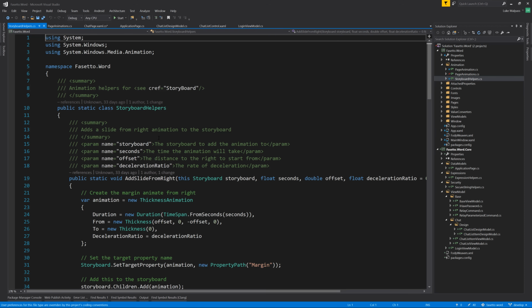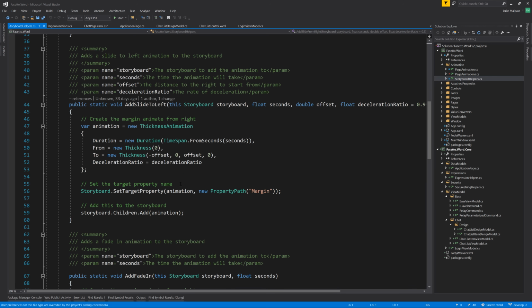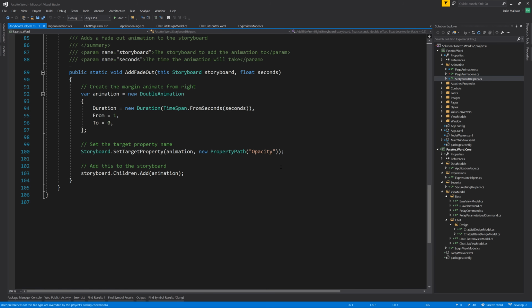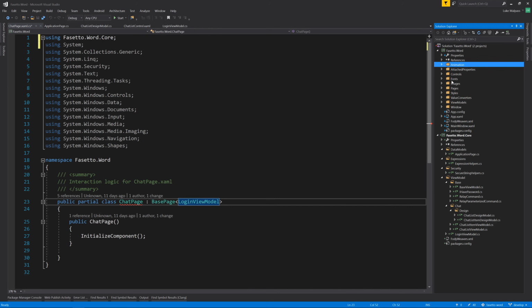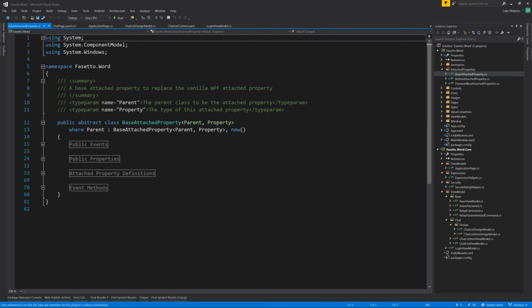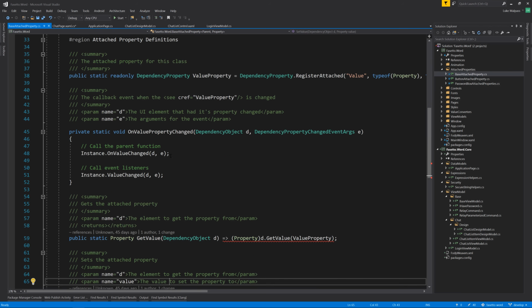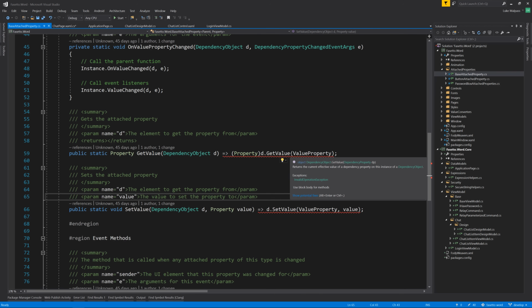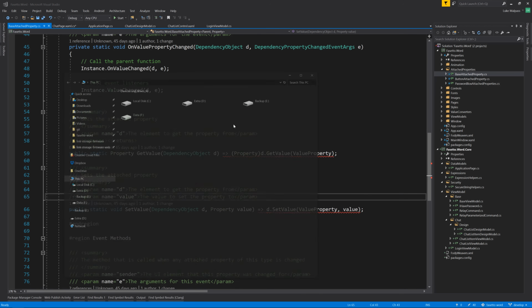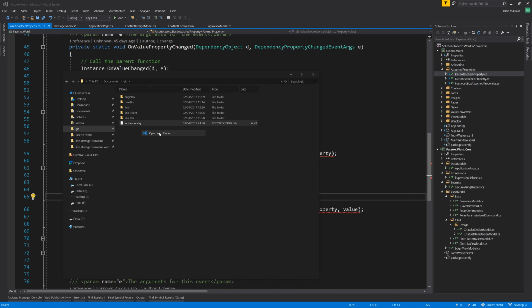Storyboard. That seems all fine. So that's got no issues. Attached properties. Start at the top, work down. This is, again, I'm forcing... in fact, let me change this. I don't want to force this. So let me just